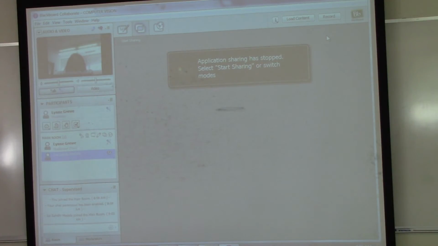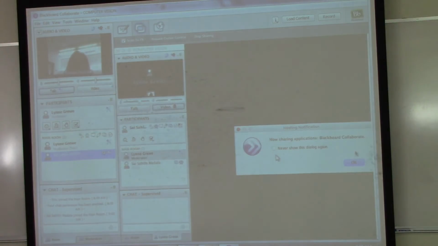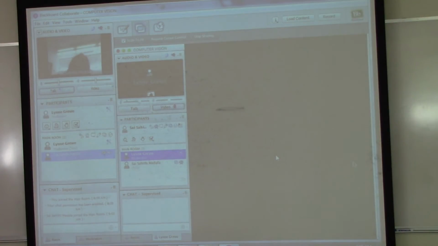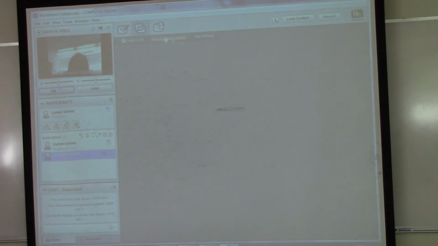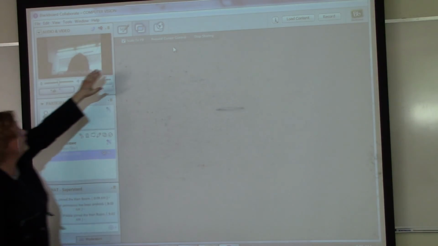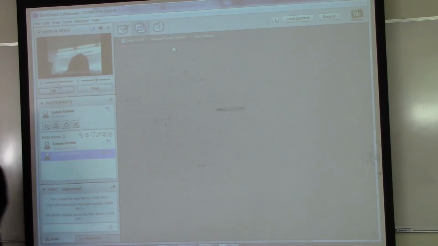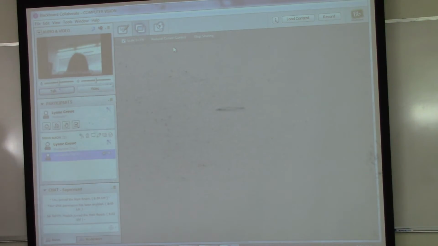So you go to Tools, Application, Sharing, Share. Are you finding it? Oh, there we go. It's a little slow. Okay. So are you sharing the entire desktop? Oh, yeah. Okay. Do you have any other applications up? You probably do. So I'm going to request cursor control. I know I can't make this bigger for the video, but this says request cursor control. That means I want to control her desktop.